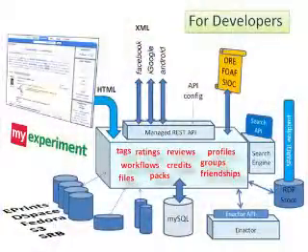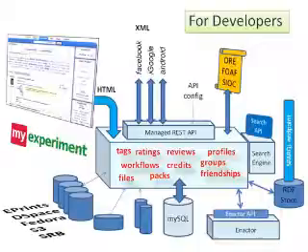So for the developers in the room, with a very quick build of the PowerPoint, I'll just give you a quick glimpse about the entities in the system that is myExperiment. There's a Ruby on Rails code base which captures all the stuff you can see in the box. And as those of you who are familiar with Ruby on Rails will know, we have a number of instances of this running under a Mongrel cluster. They all talk to a MySQL database where all our state is stored. Those are the things we decided were inside the box.